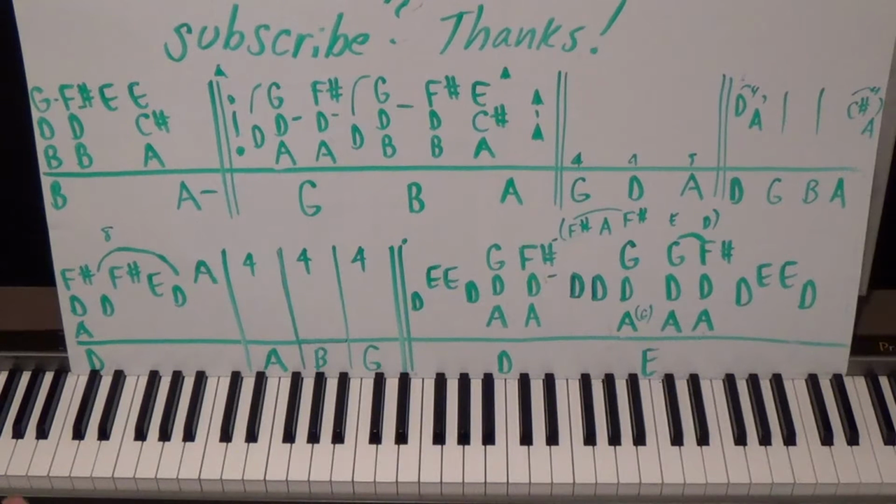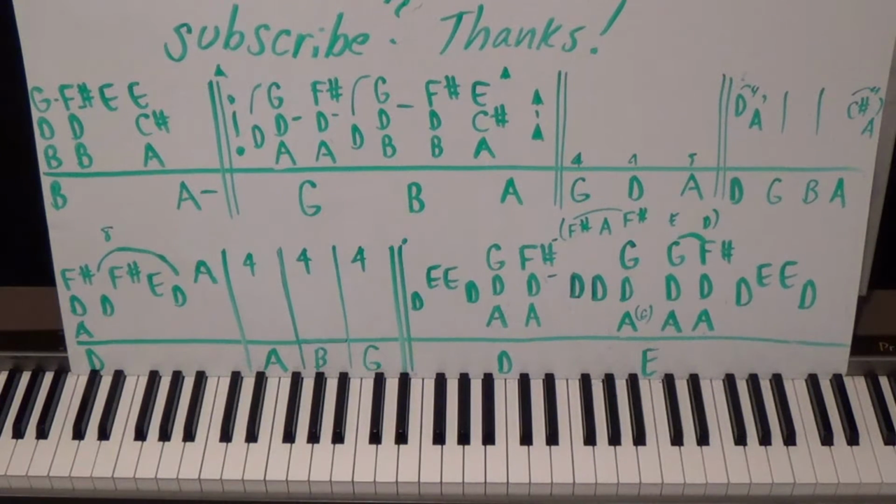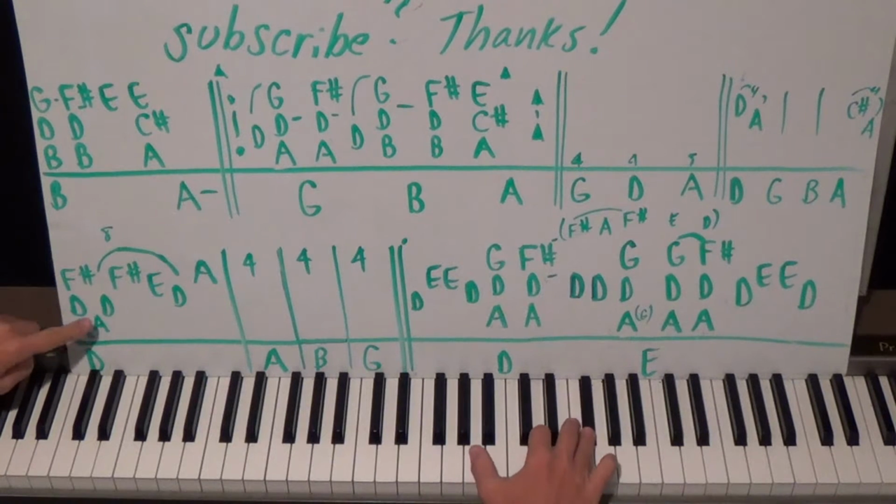Now, the string part does a little bit different every time. Does some improvisation on it, but I just decided to do it one way so it would sound good for you guys and it wouldn't be too hard to learn, okay? With too many different variations. So I'm just showing you one variation here. A, D, F sharp, and the rhythm really slowly is ba, and I started putting an A in here as I was arranging it and deciding how I wanted it to sound for us. And